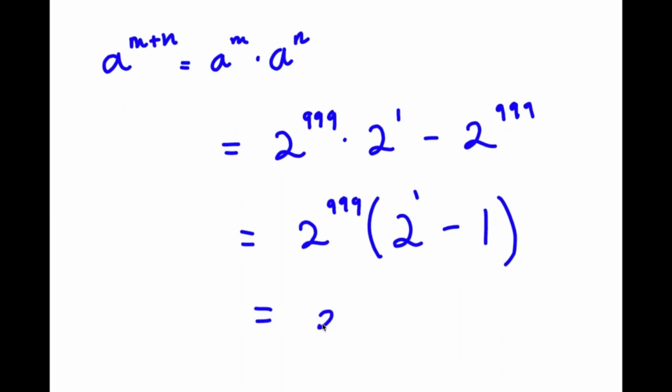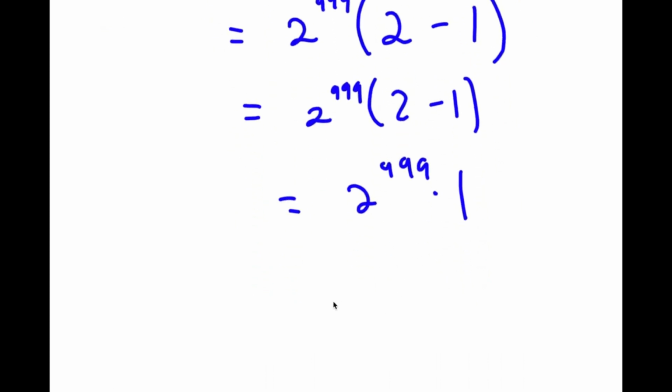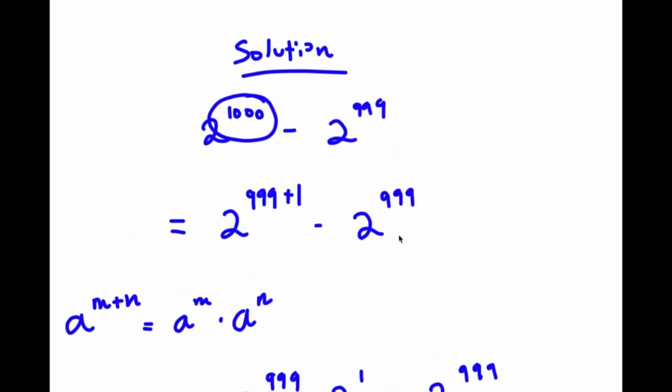2 to the power of 1 is 2. So now I have 2 minus 1, which is equal to 1. So I have 2 to the power of 999 times 1, which is simply equal to 2 to the power of 999. Now, another way of doing this